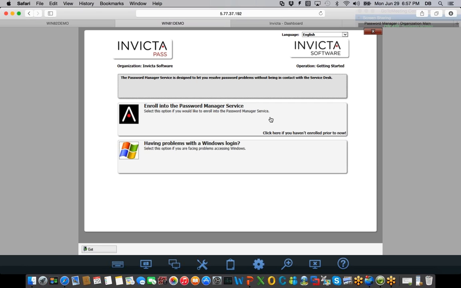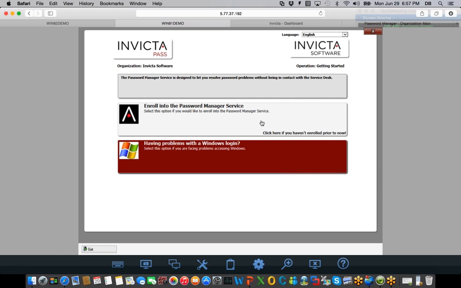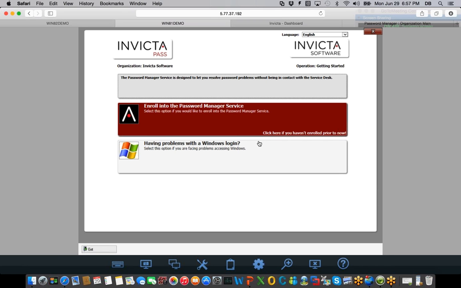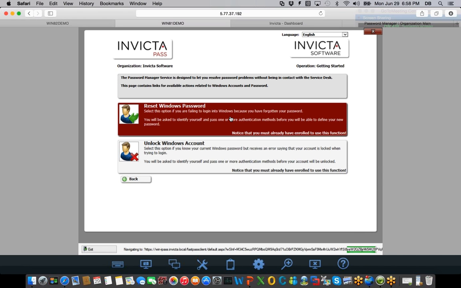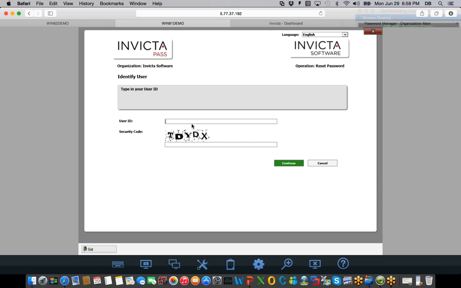As you can see from here, we've got two things. One is he's having problems logging in, or he can go along and enroll as a new user. But we're having problems logging in, so by clicking on this, we're saying it's not an unlocked account. We want to reset the password. So you've got two types of modules here. By resetting the end user's account, I can put in the user's name, which is Alan Bates, and I can click on this,